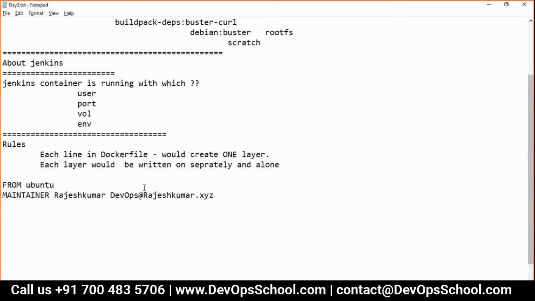What do you want to do inside a container? Run what? apt-get update. Do you want to do something else? Run what? apt-get install -y.